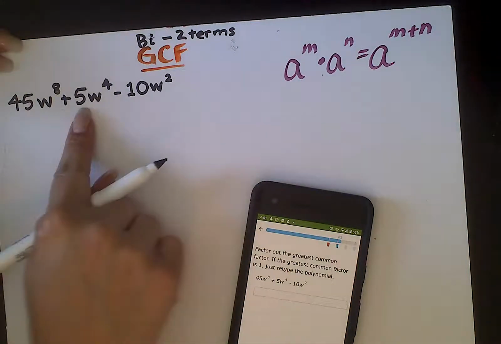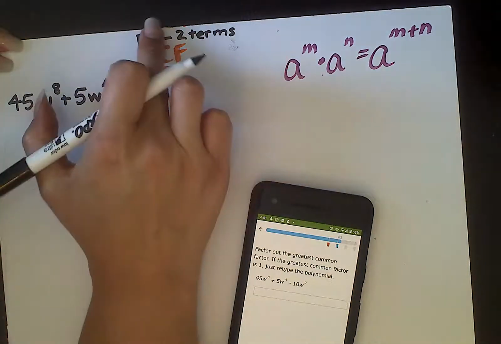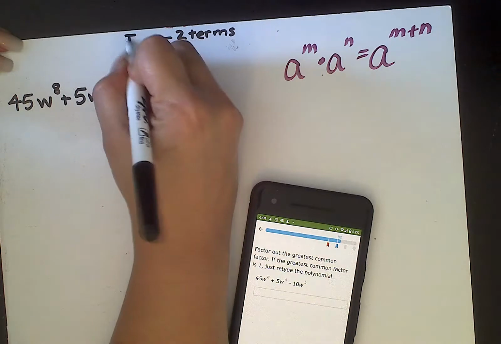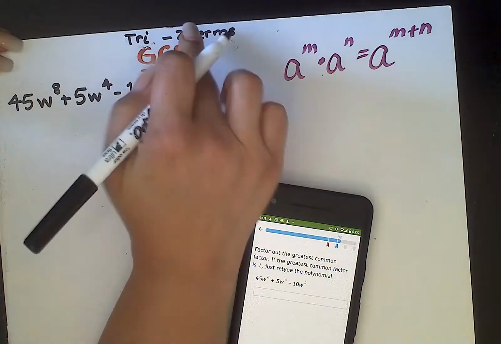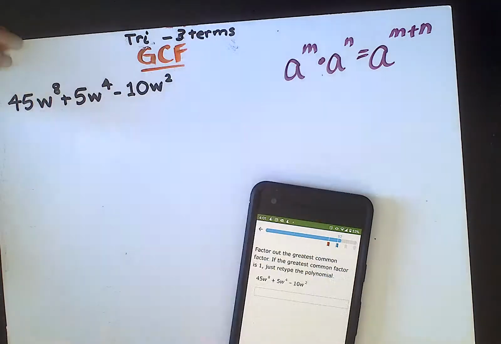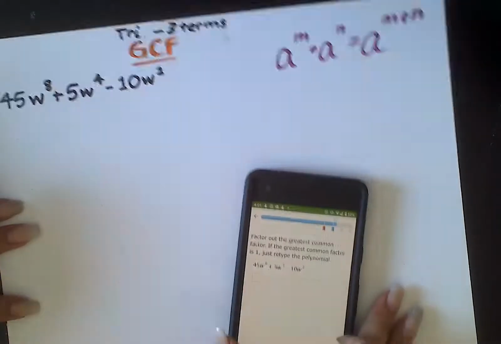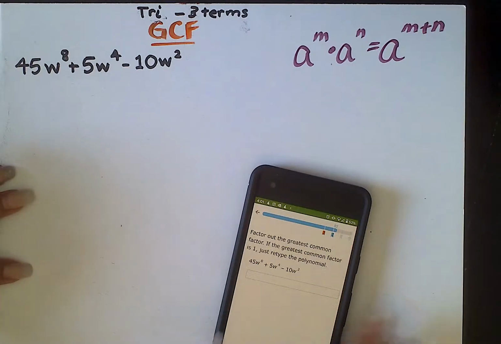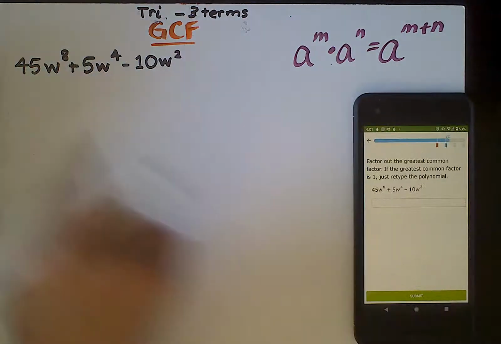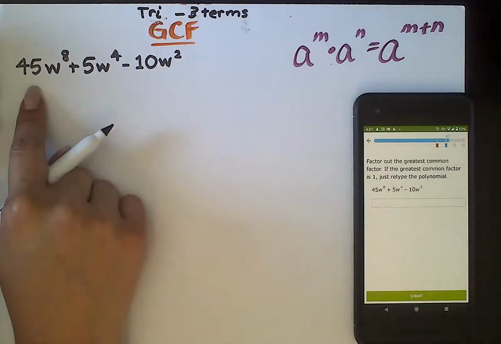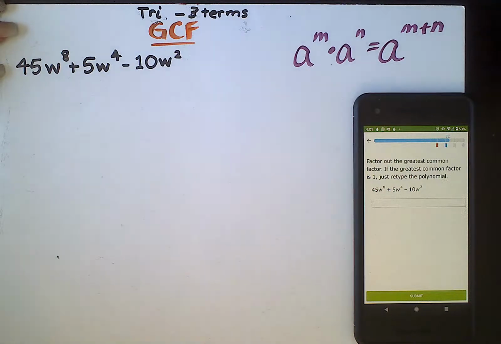Now, like I stated, in this case, I don't have a binomial. I have a trinomial. That means I have 3 terms. That's really important to recognize at the very beginning, okay? So let's go ahead and expand it out. And once you start seeing the pattern, you can stop expanding, okay?